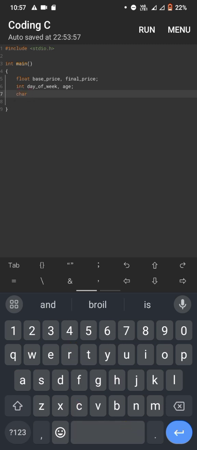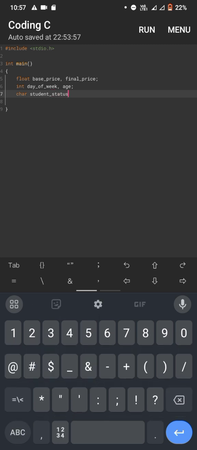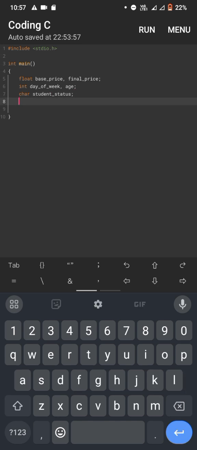Next, we need to declare char student status, semicolon. So float base price, final price: these variables store the base price of the ticket and the final calculated price after applying all the discounts and adjustments. Then the ints day of week and age: these variables store the day of the week, 1 to 7 or Monday to Sunday, and